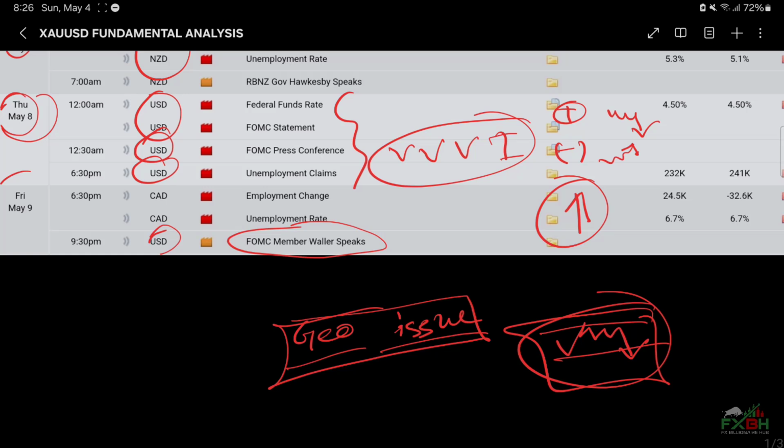For geopolitical issues, you must keep your concern on the Donald Trump and Chinese tariff war, the Middle East war, and the Russia-Ukraine war. Anything can happen within a second, so you have to keep your concern. If you keep your concern on these issues, you may take a good margin from the market.